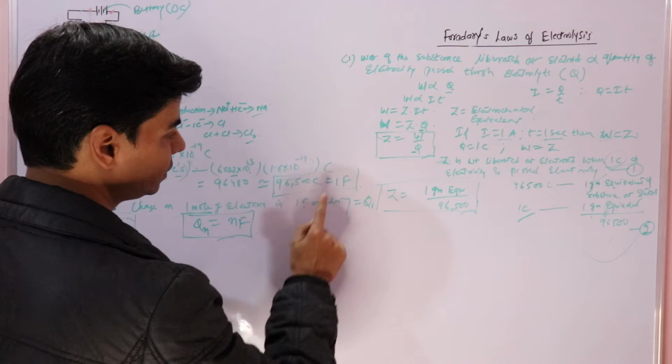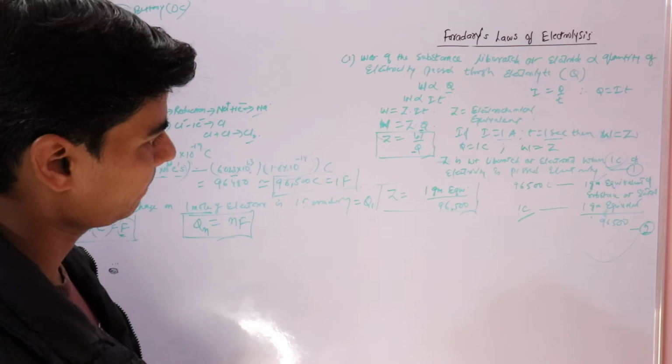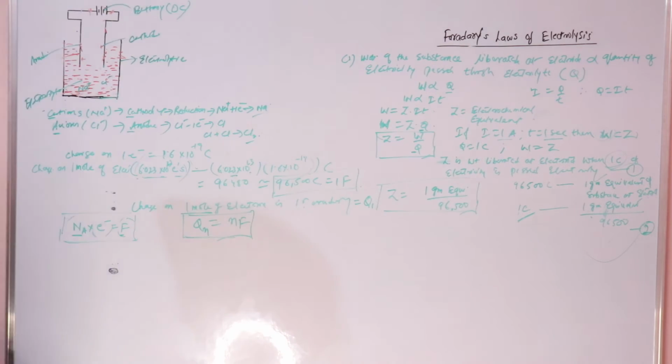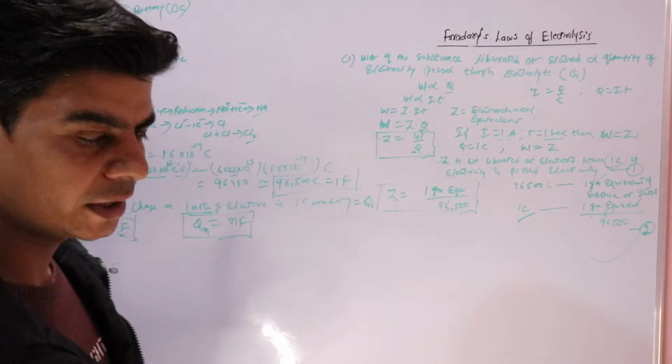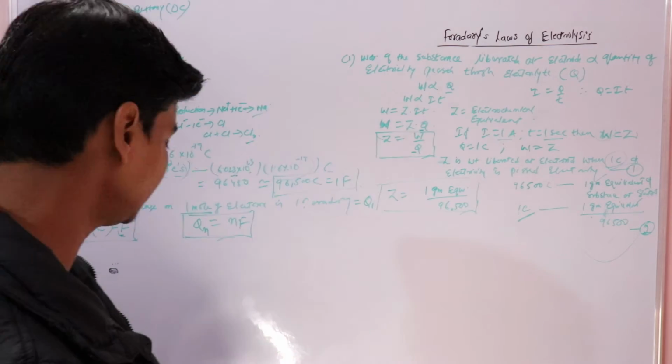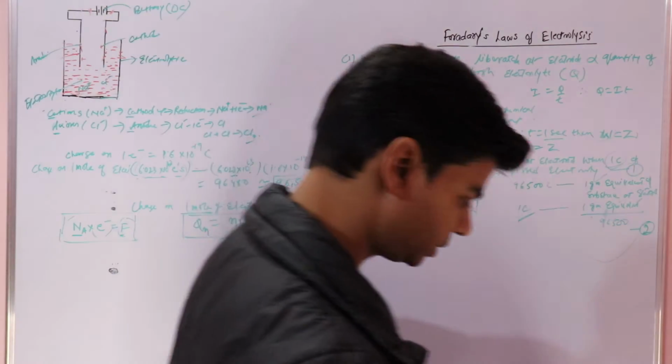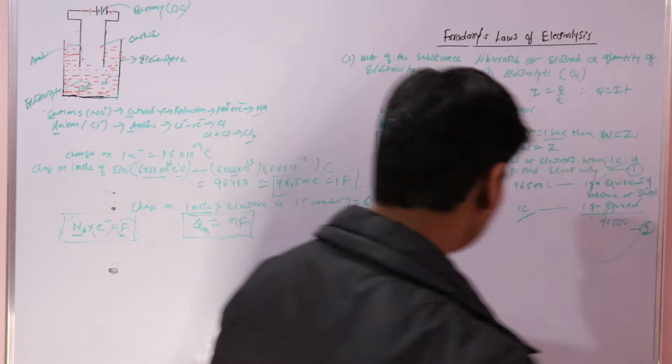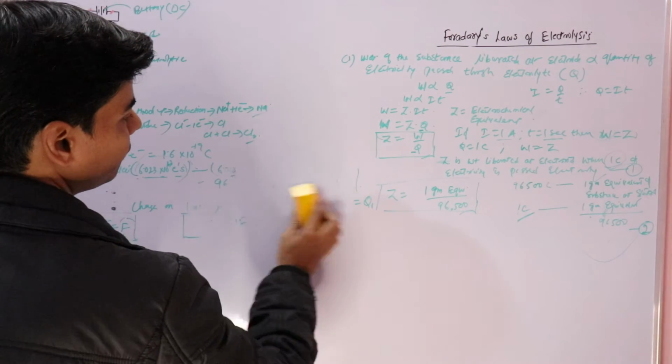1 mole of electrons, which is equal to 1 Faraday. Now we have the second of Faraday's laws of electrolysis. The second law states that if I connect